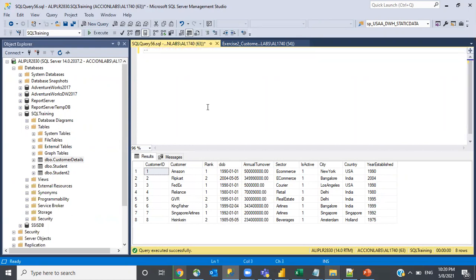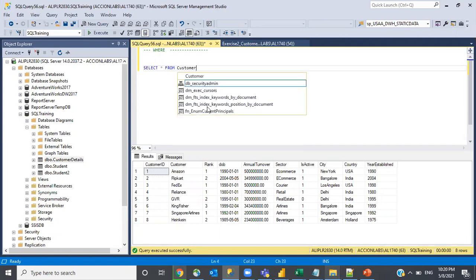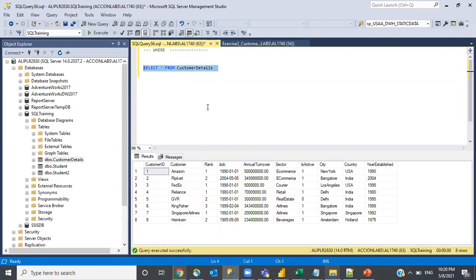The first clause we will see is the WHERE clause. So what is WHERE? When I write select star from customer details, I see the whole data, right?